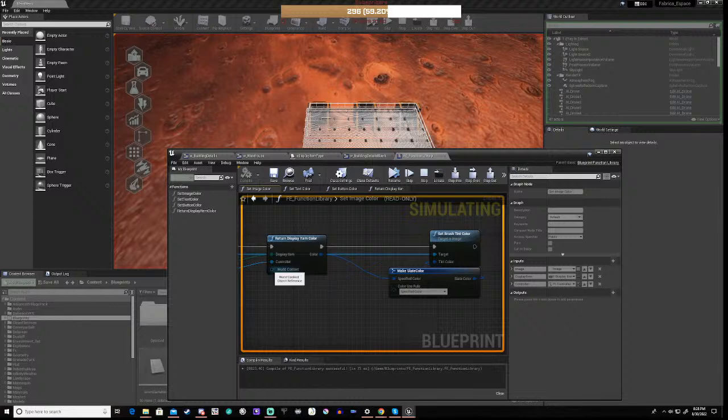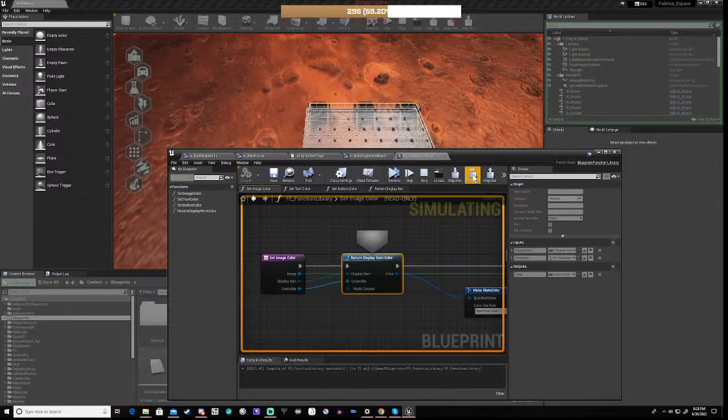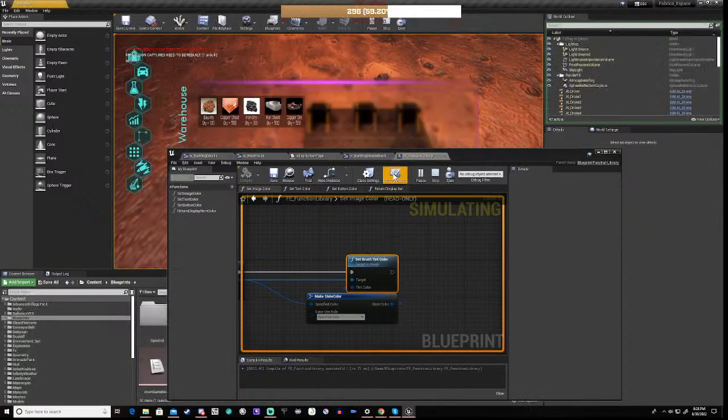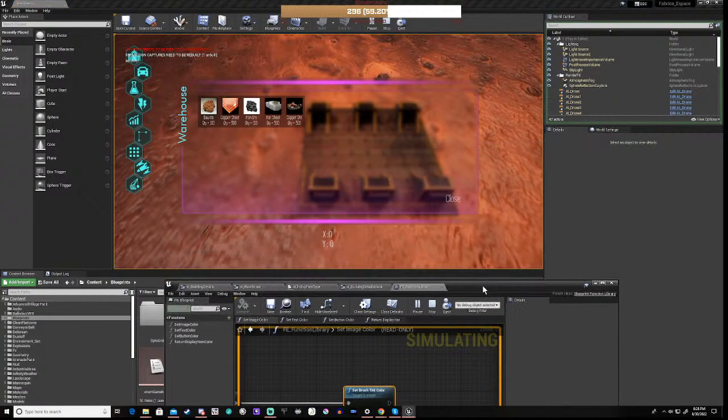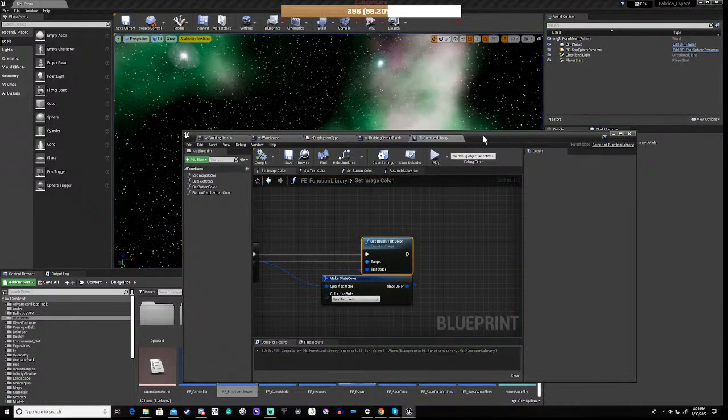I don't know why it's got this world context, but we'll not worry about that for now, unless this crashes. Well, apparently that's okay. And there we go. We have our purple. Right, so that's using the function library to return the colors, okay? So, with that in mind, and that all working rather nicely,